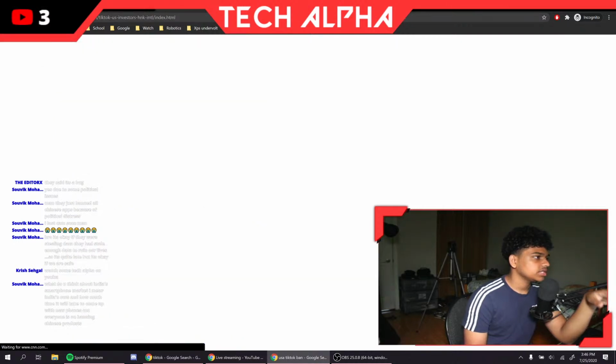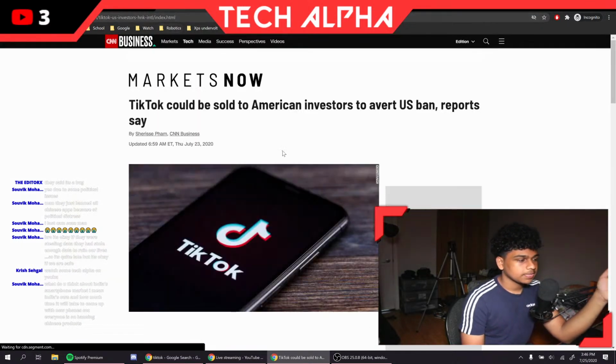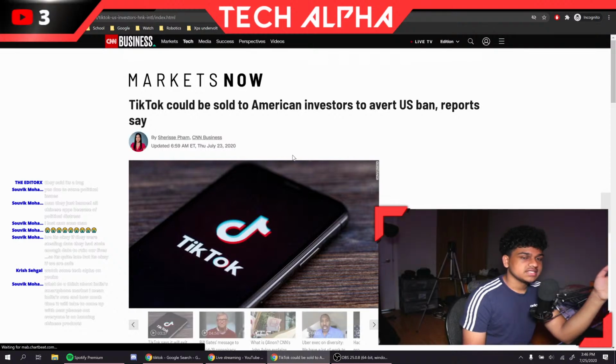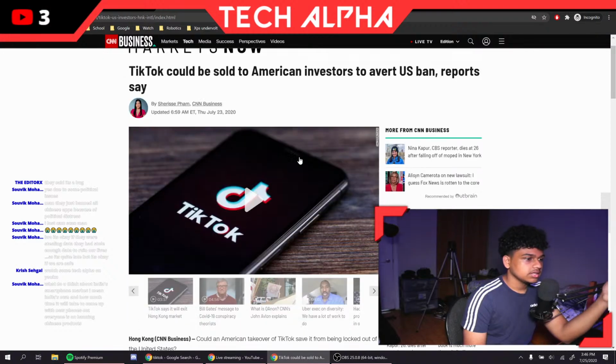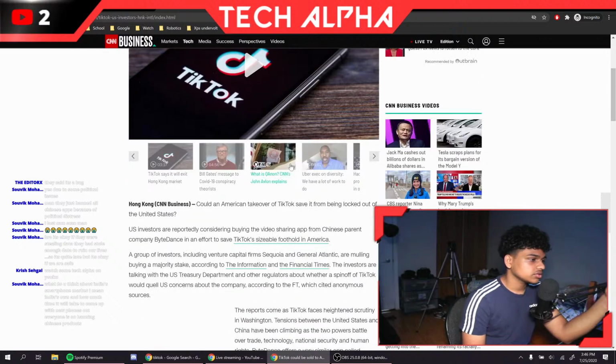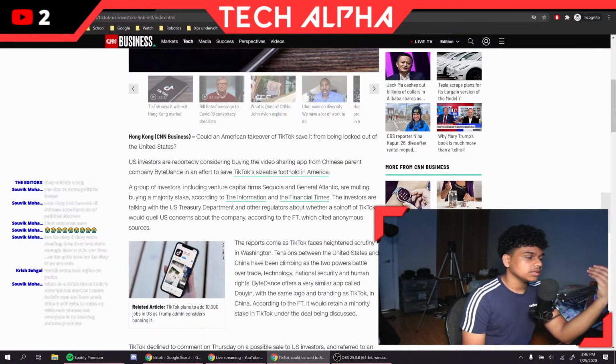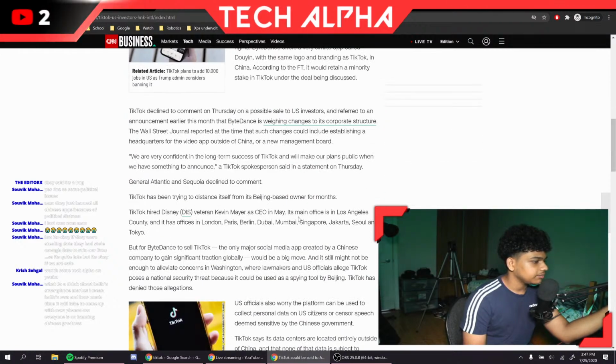What TikTok is saying in defense is that the company CEO is a Disney veteran, someone who used to work at Disney, so like a US CEO, is what they're trying to go after. They're also saying that they can sell a majority stake to a US company if that pleases it. And they're also claiming that all American user data is saved only on United States servers and a backup is made in Singapore. Okay, so we're going to read that part just in case I miss something.